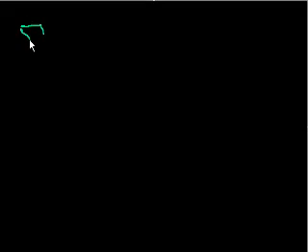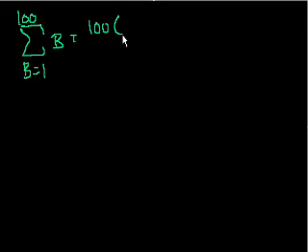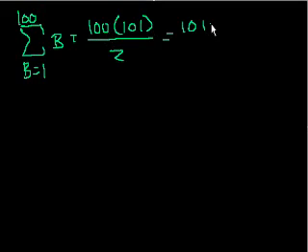So the sum, and I just want to show you that you can use different variables from b equals 1. We're taking the variable b to 100, right? That's the sum from 1 to 100. And we figured out what that formula is. It's going to be 100 times 101 over 2. Well, what's 100 times 101? It's just going to be 101 with 2 zeros, right? 10,100 over 2. And that equals